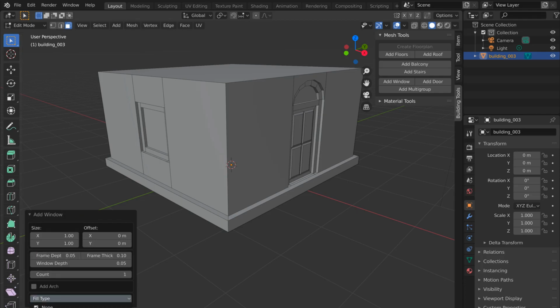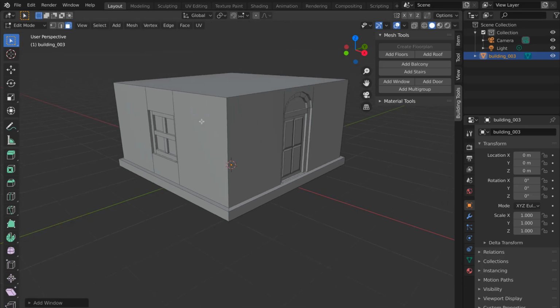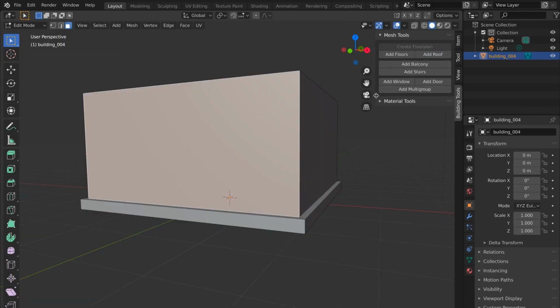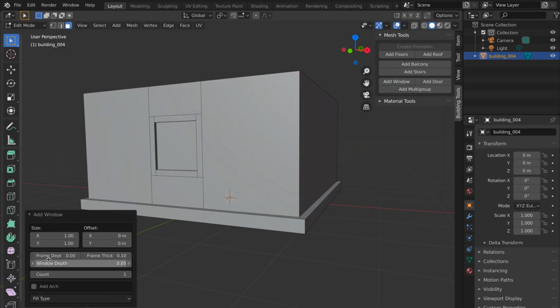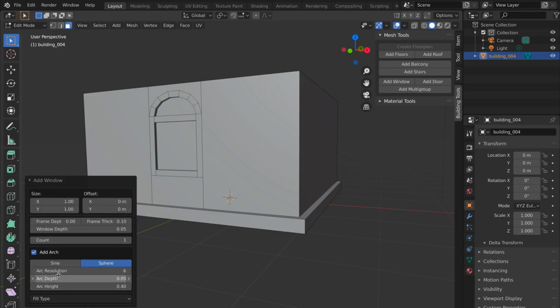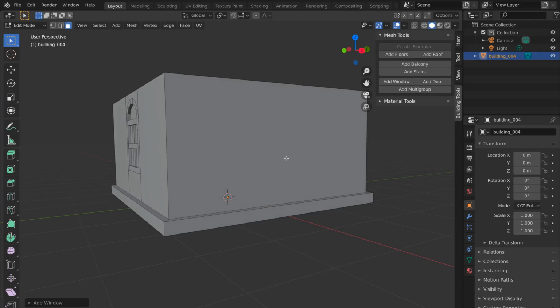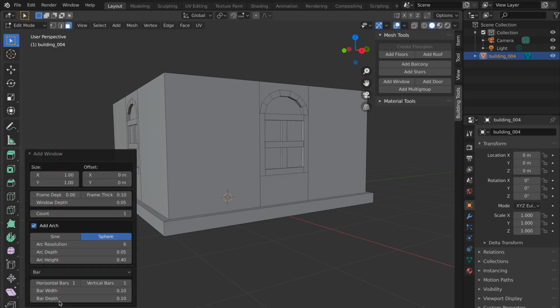One thing to mention here is that properties persist across operator calls. What do I mean by that? Let's say you add a window to a face, you change the properties and you like the way it looks. Now you want to replicate this window to another face. When you add a window to another face, those properties reappear. That's because properties persisted. This behavior is particularly useful when you need repetitive components.